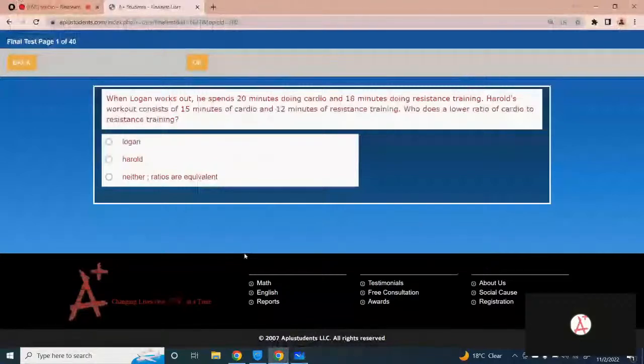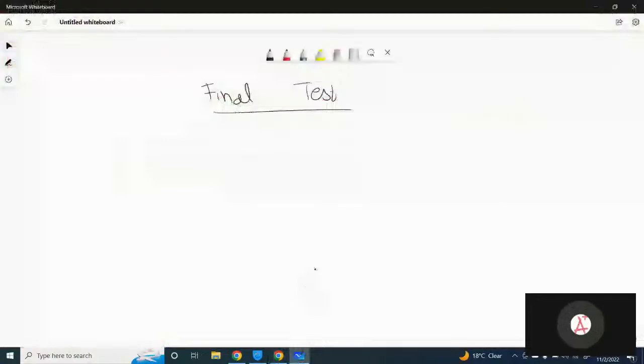Okay, when Logan works out, he spends 20 minutes doing cardio and 18 minutes doing resistance training. Harold's workout consists of 15 minutes of cardio and 12 minutes of resistance training. Who has a lower ratio of cardio to resistance training? So one of the ratios is 20 by 18, and the other ratio is